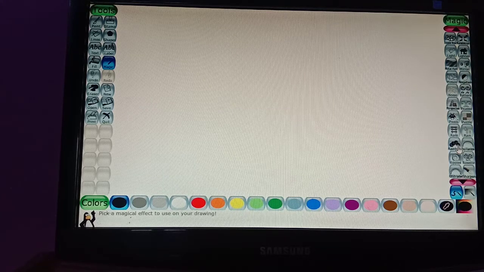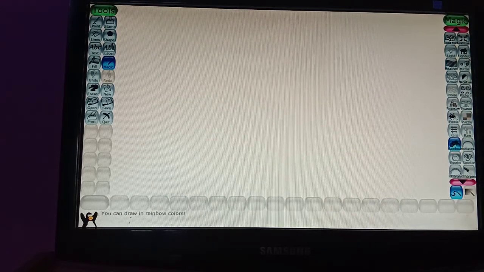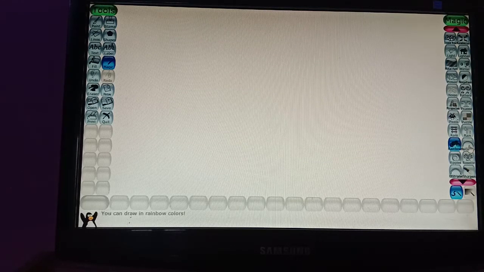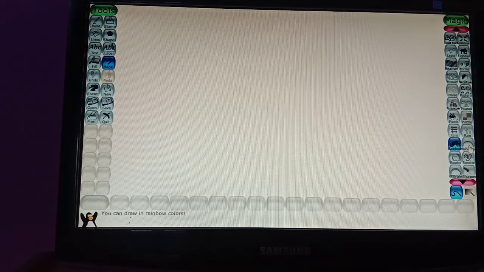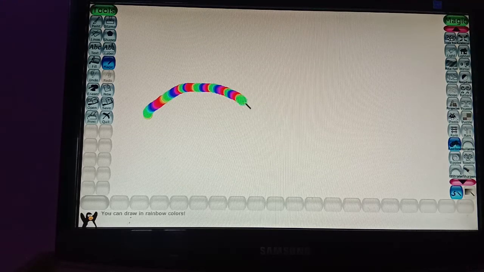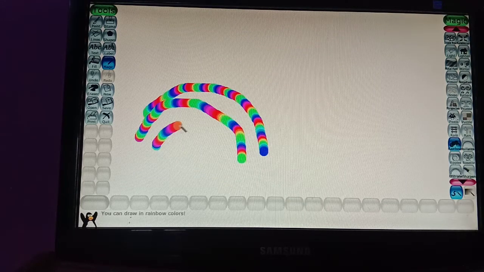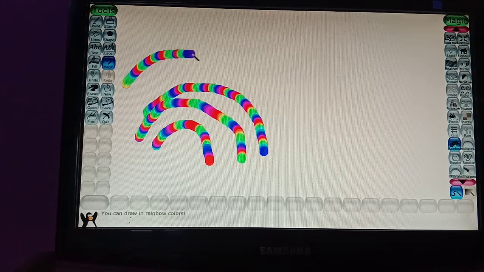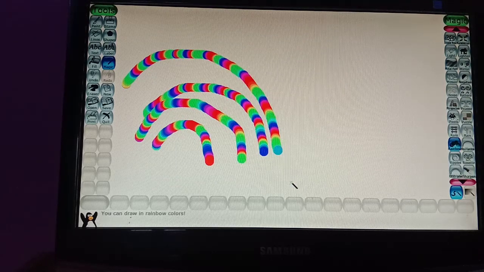The rainbow tool helps us to give a series of colors effect. It will give you a train of number of colors. But real rainbow gives you an image like the one you have seen when the rain falls, and after that a rainbow comes out. So it will give you a real rainbow effect. First we will use the rainbow tool. See, a bundle of colors, it will show the bundle of rainbow colors. Okay, so this will be like this.